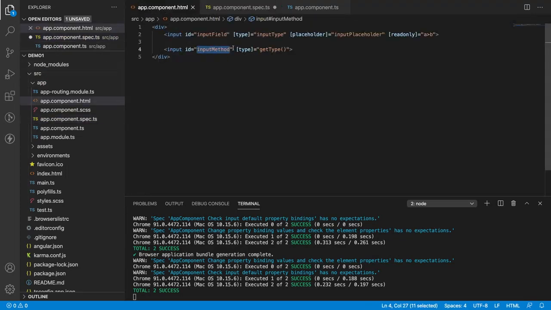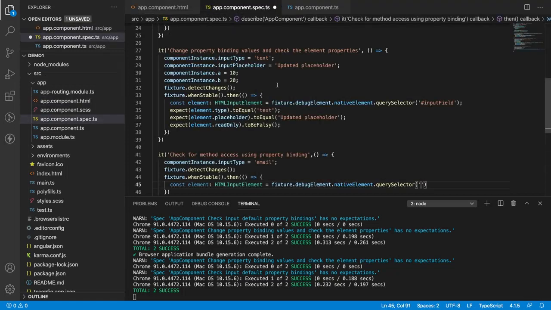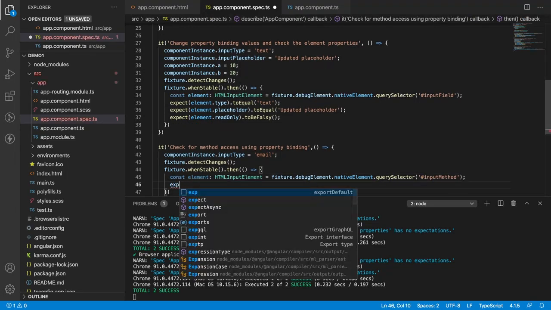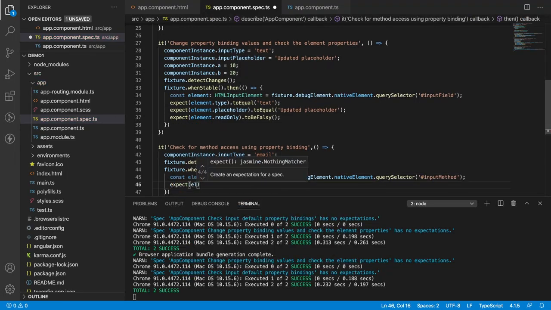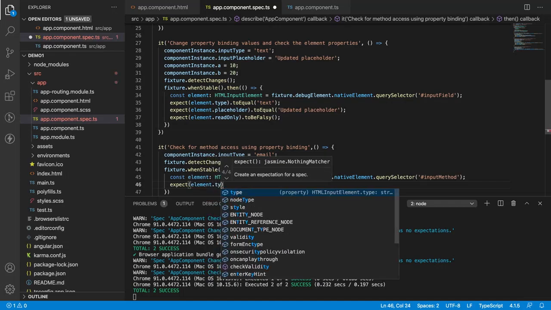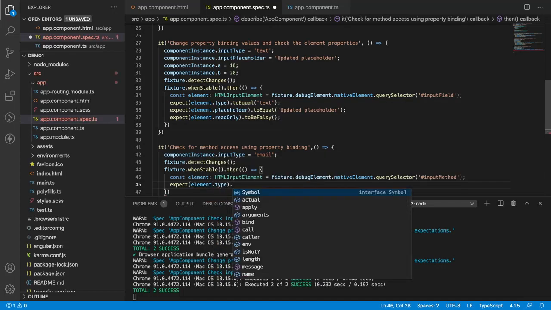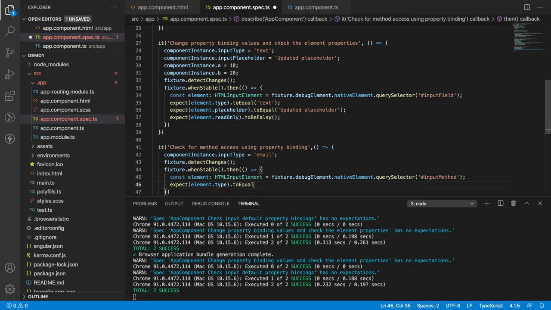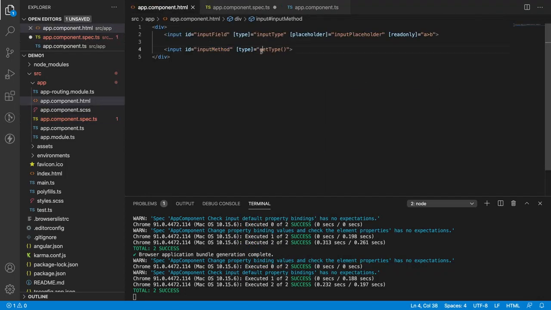The id is input method, so it should be prefixed with hash, and pass the input method, semicolon. What is our expectation? Expect of element dot type should be equal to, that means to equal of, what is the return type of that particular method inside this get type.